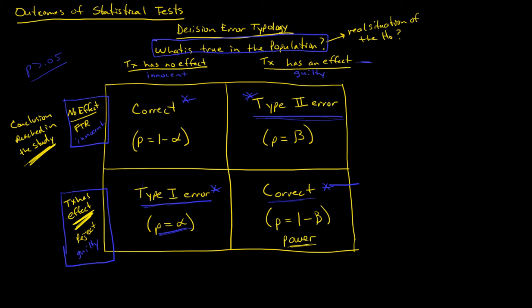I would really encourage you to go back and listen to this video a couple of times to make sure that you understand the binary outcomes that can happen if you fail to reject, and the binary outcomes that can happen if you reject, and the fact that you're going to come to a conclusion in your research study, but you really never know what the true condition is in the population related to that null. So again, rewatch the video a couple of times. Make sure you understand this